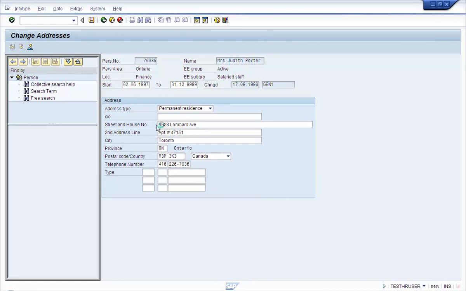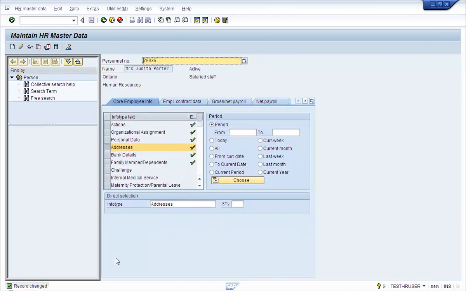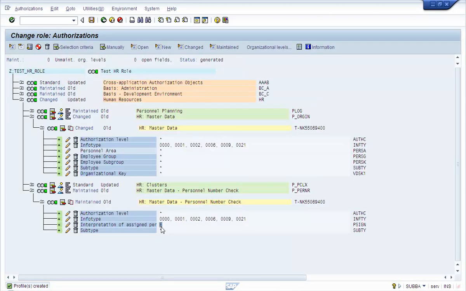So the record is changed. The reason test HR user is able to change data for Judith Porter is because of this value. Of course, this authorization level also is important because this is the activity field that controls the actions.